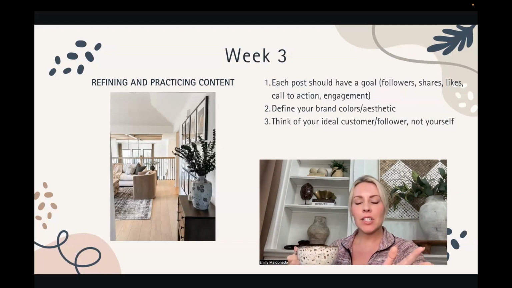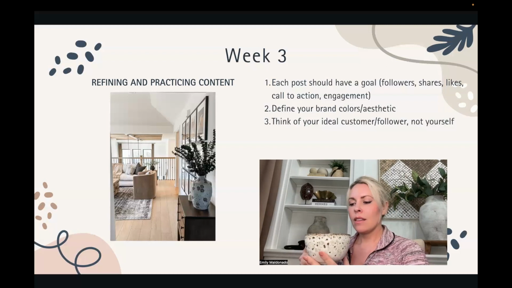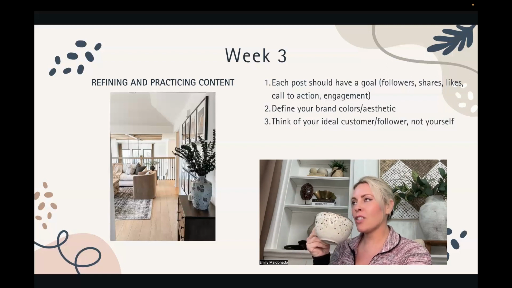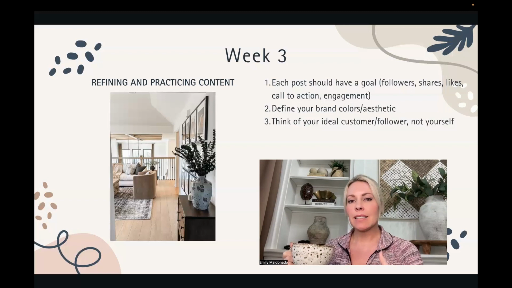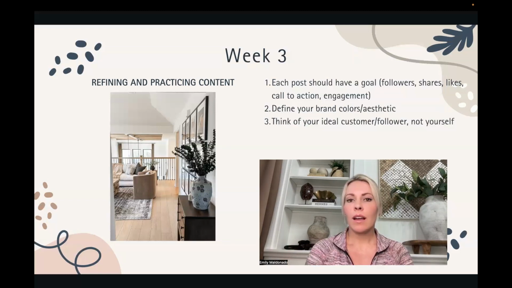If I flip the narrative on that post and I'm still going to tell the customer about the mug, this mug holds a whole cup and a half of coffee. It feels so luxurious in my hand, and it just feels like romanticizing my coffee every morning. So there, I still talked about my experience. However, it was more about the emotion, and it was connecting with what they're going to get if they buy this mug.